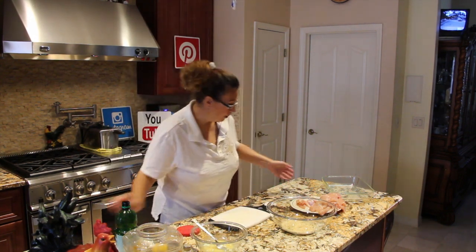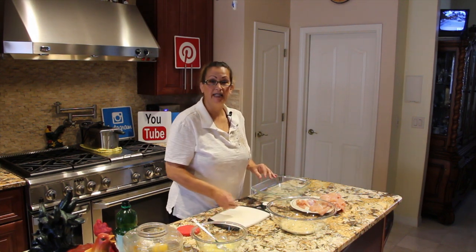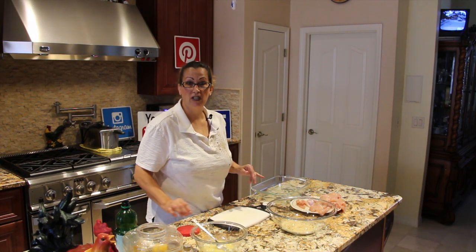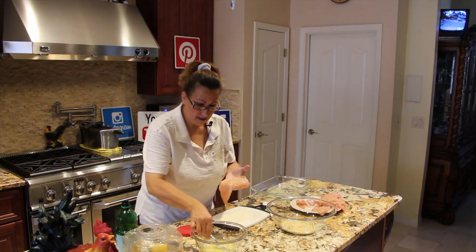I'll get everything out of the way. I have my baking dish and my oven is set at 350 and I'll bake this for about a half hour or until the chicken is done. So now I'll take 1 chicken breast